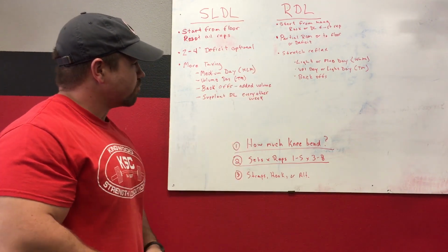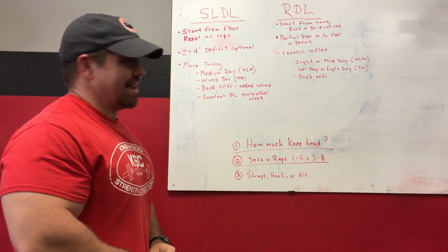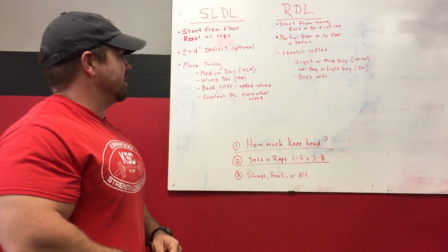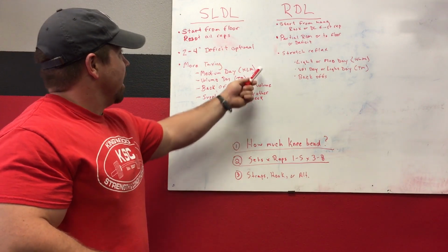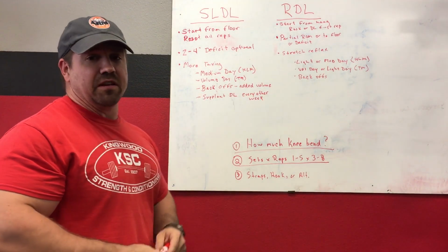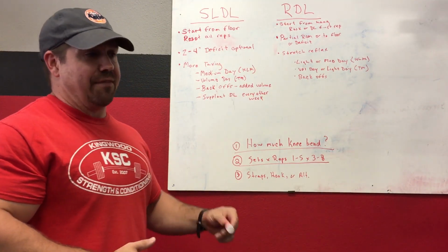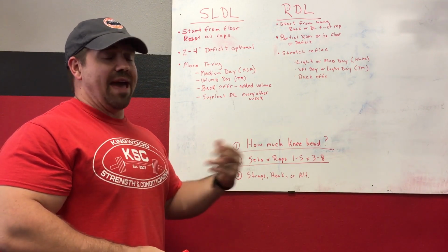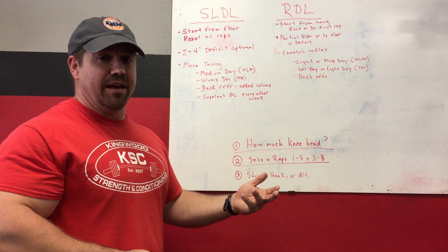So I gave some examples here of how you might fit these exercises into different types of training splits. So a stiff-legged deadlift, I like to use it a lot of times on a medium day in a heavy, light, medium routine, okay? So in the heavy, light, medium routine, your heavy day would obviously be regular deadlifts, and